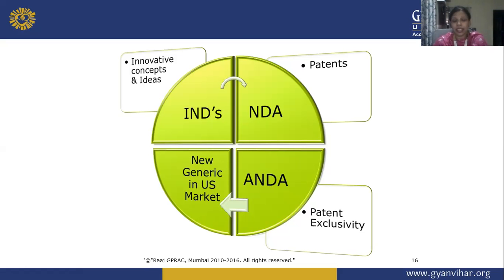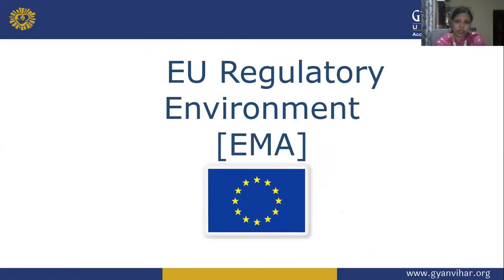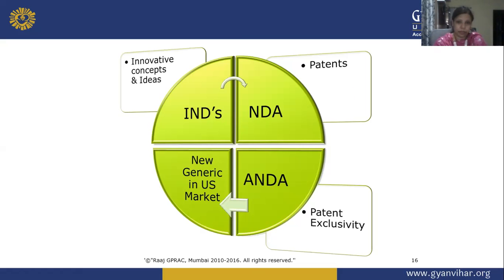Then ANDA, that is for the patent, we need the NDA approval. Then ANDA approval is there for the patent exclusivity, and then the new generic product has come into the US market. Okay, so